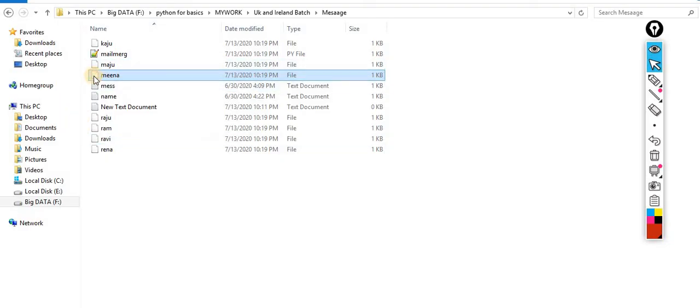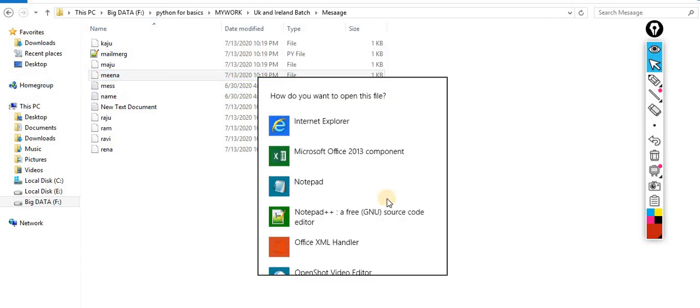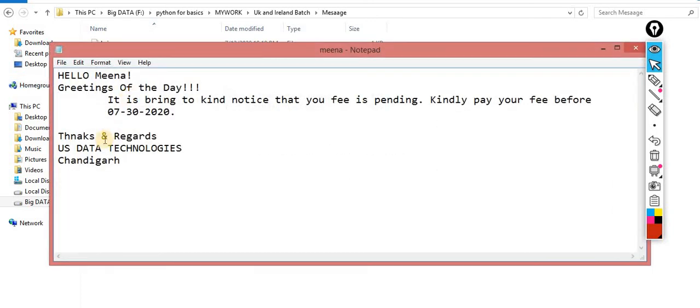If I open this file with Notepad, you are getting exactly the same message. The file name is Meena. Hello Meena, greetings of the day. It is brought to your kind notice that your fees are pending and kindly pay your fees before this. Thanks and regards, US Data Technologies, Chandigarh. That's it.